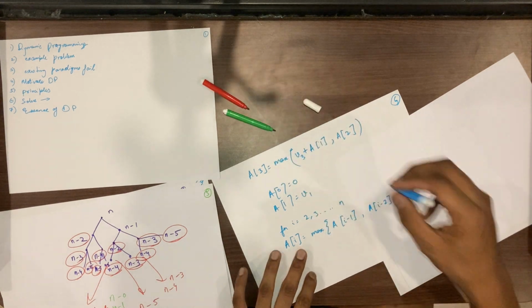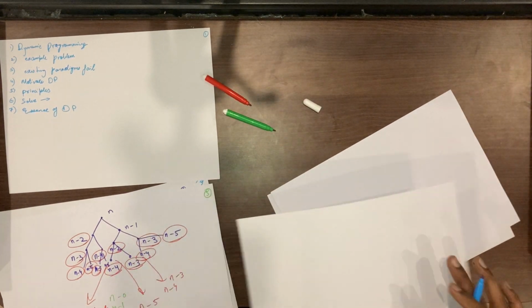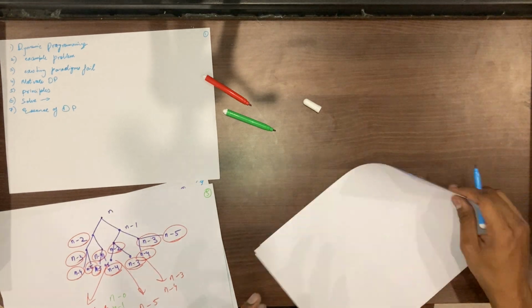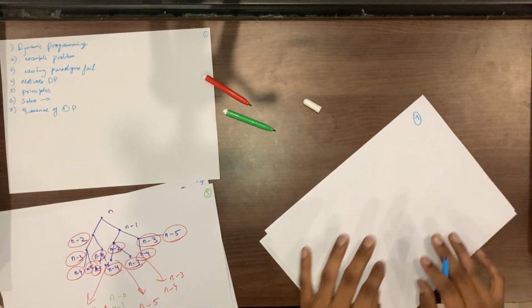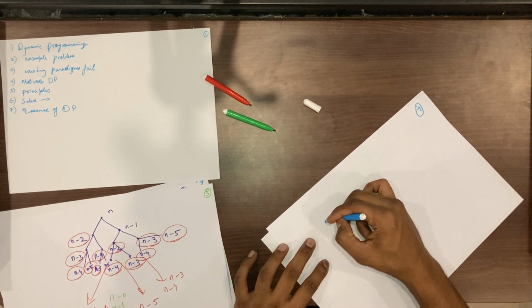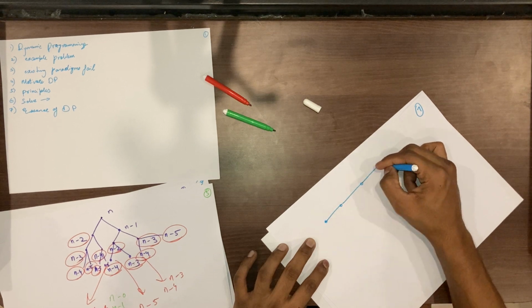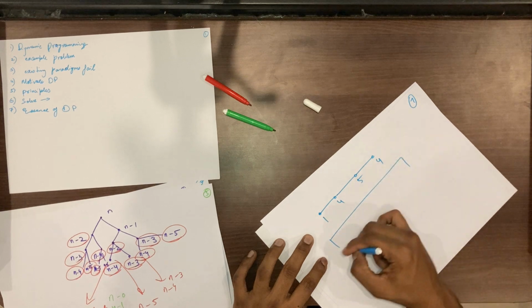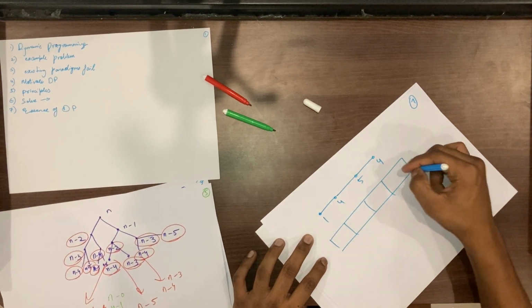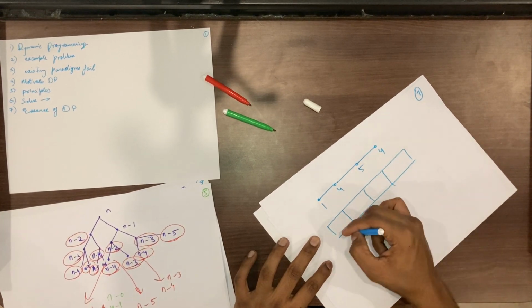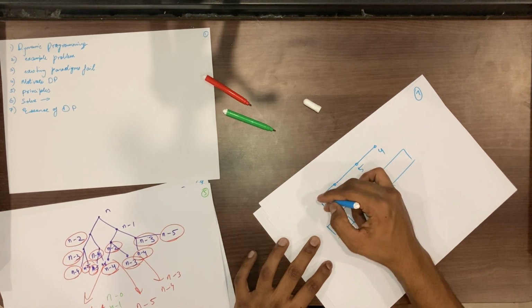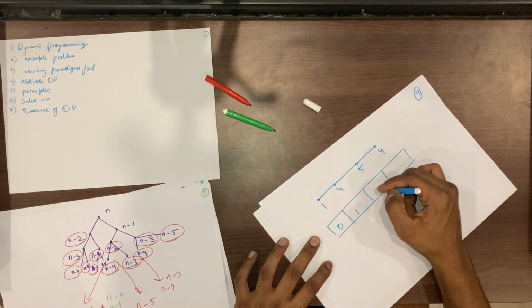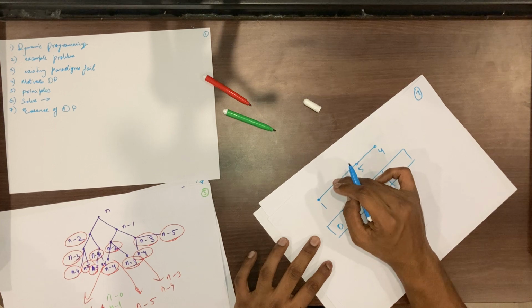So instead of keeping that as pseudocode, let's try to be the computer and do it on our demo problem. It was 1, 4, 5, 4, and I'm going to populate my array here. So A of 0 was 0, A of 1 will be 1, A of 2 will be the maximum of